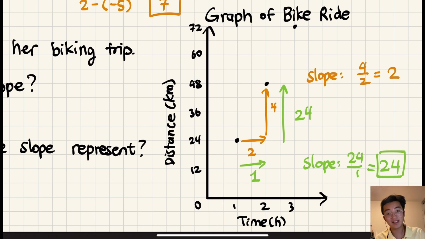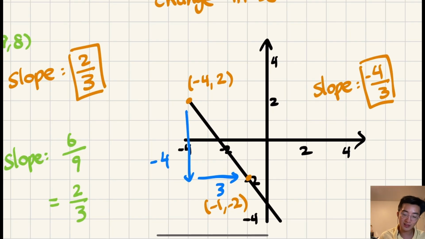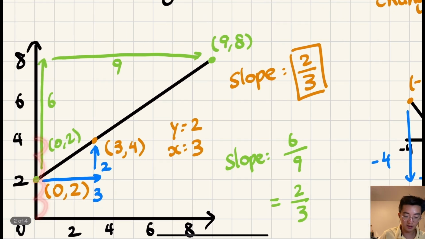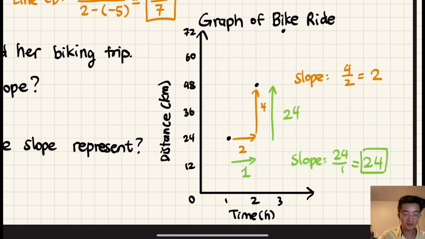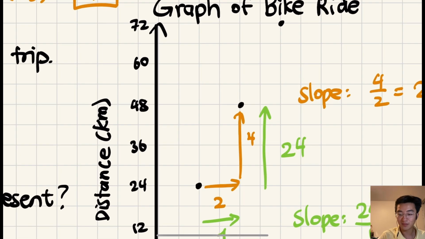So this is kind of like, I guess, the quote-unquote dangers of looking at the graph. If we use the graph to find our slope, we really have to be careful of the scaling of the graph, because sometimes 1 square means 10, 1 square means 20, whatever. Because the graphs we worked with earlier, each of those individual squares are going up by 1. Like -1, -2, -3, -4, or stuff like 1, 2, 3, 4. All of them are going up by 1. But in this graph, it's going up by different numbers. So a more surefire way to do this, or a safer way to do this, is to just find